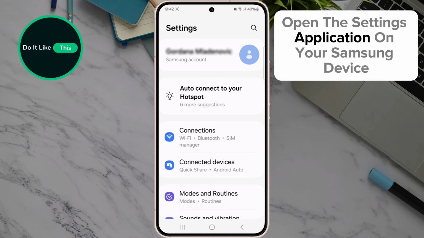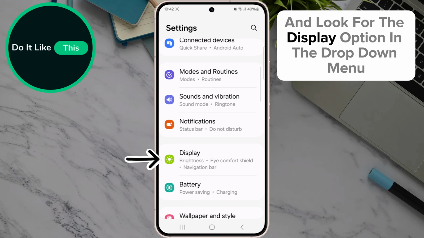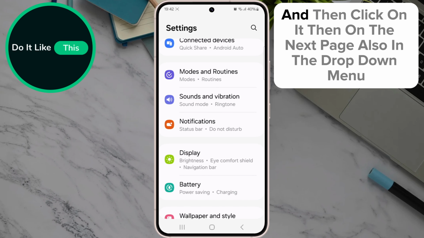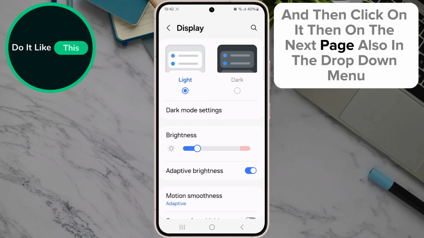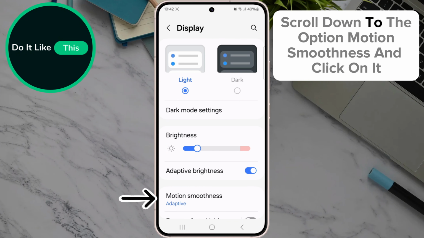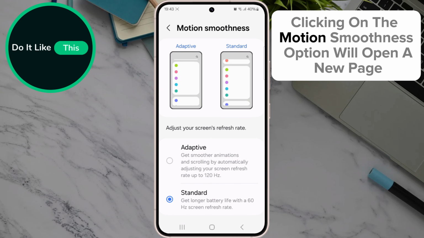Open the Settings application on your Samsung device and look for the display option in the drop-down menu and then click on it. Then on the next page, also in the drop-down menu, scroll down to the option, Motion Smoothness, and click on it. Clicking on the Motion Smoothness option will open a new page where you will be visually